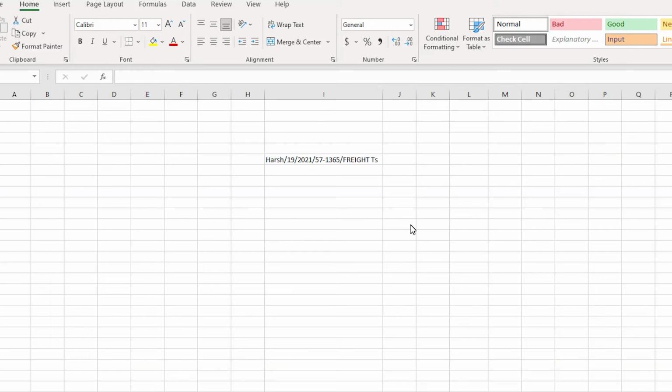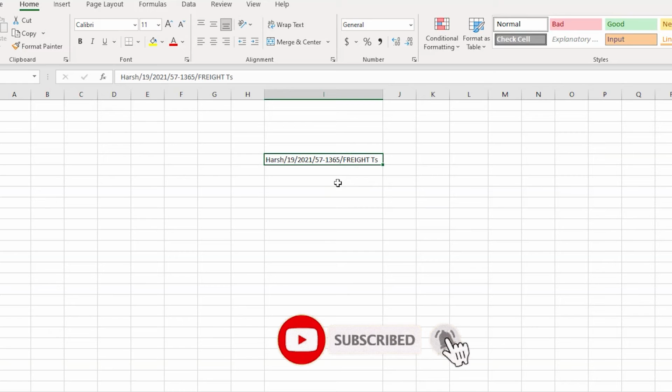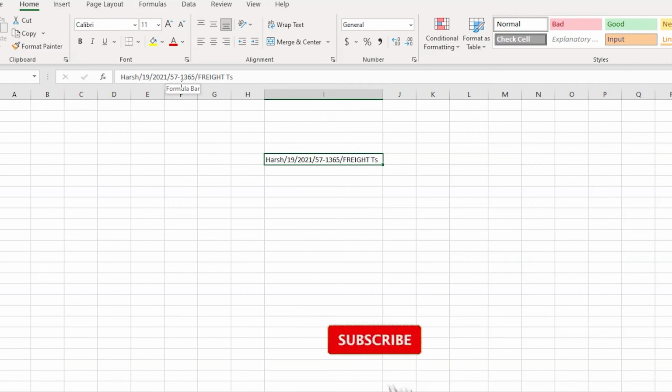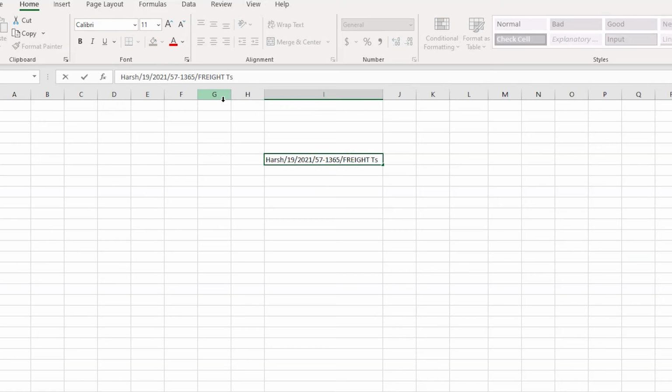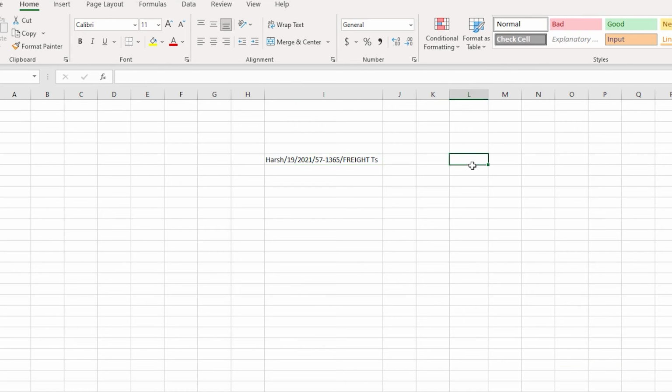I came across a user who's asking how to extract a pure number from a certain string. For example, I have taken one of the examples from his data set over here, wherein I have this entire string, and the pure number begins with 57 and goes on till the slash over here. So let's start with this tutorial and learn how we can extract the PO number from this particular data string, right? Let's get started. So the first thing that we will have to identify is how and where this 57